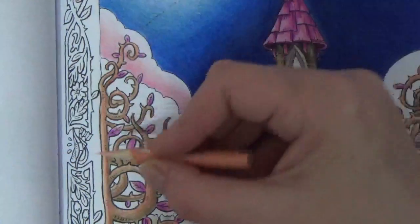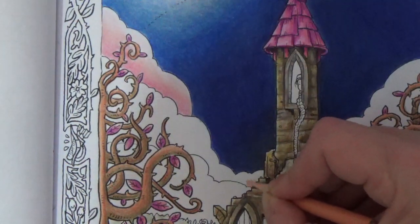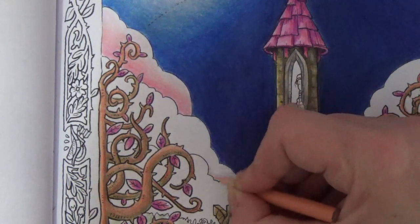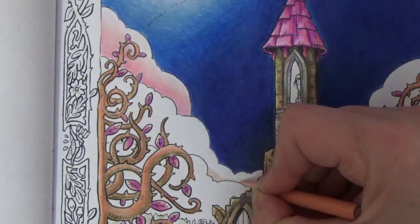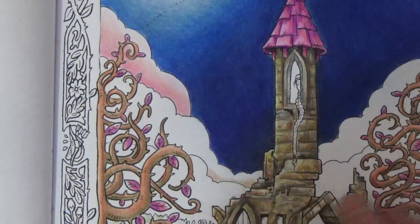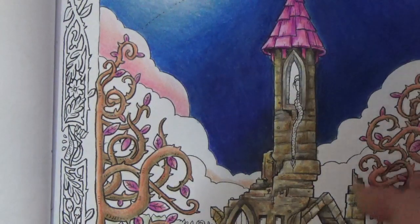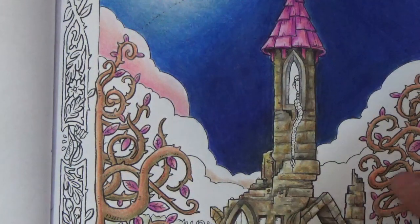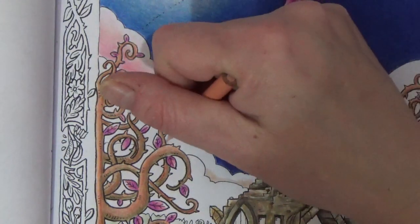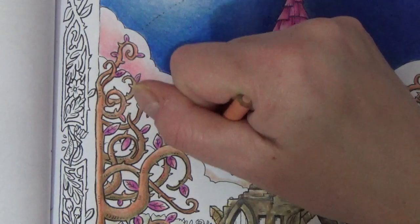So again, at the bottom, let's do it over here because there's not much space up there. So I'm going in with peach, and then this bottom cloud will be the pink again, and then I'll match those up this side. That's only got two, so I'll have to probably draw a line in there to separate that one out,